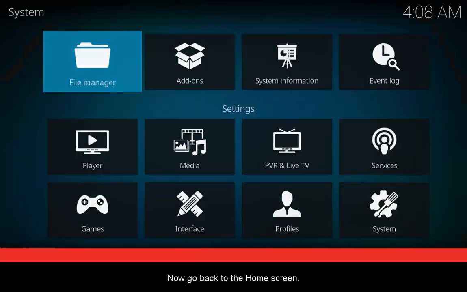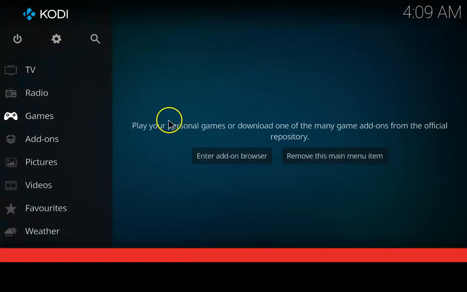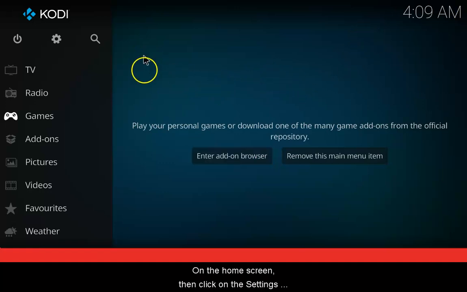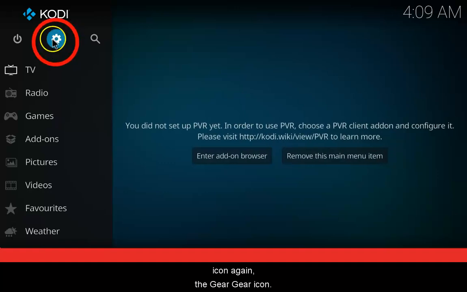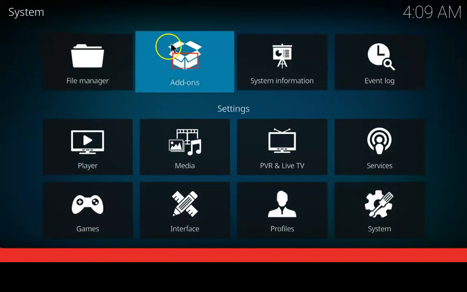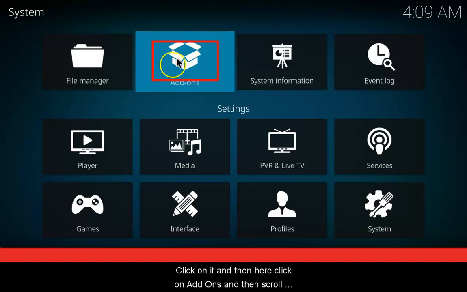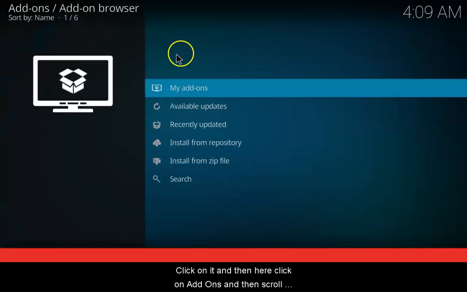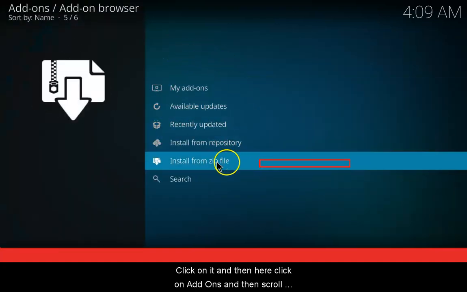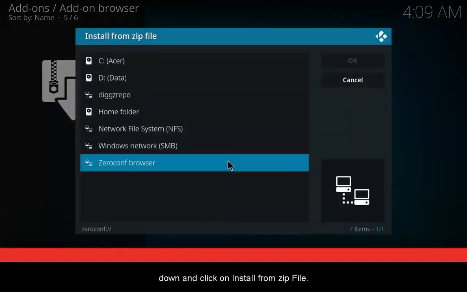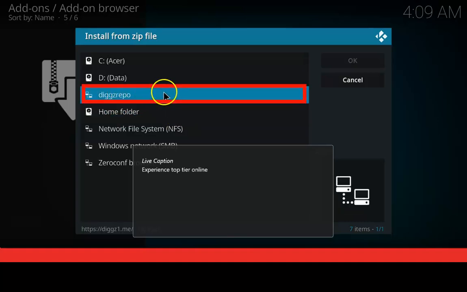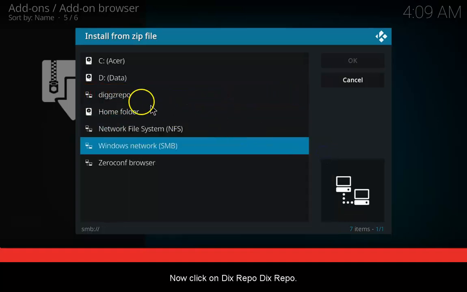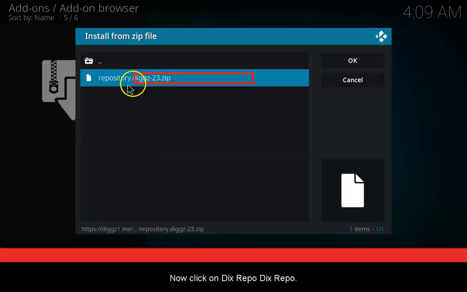Now go back to the home screen. On the home screen, then click on the settings icon again, the gear icon. Click on it, and then here click on add-ons, and then scroll down and click on install from zip file. Now click on DIGGZ repo. Now click on that,